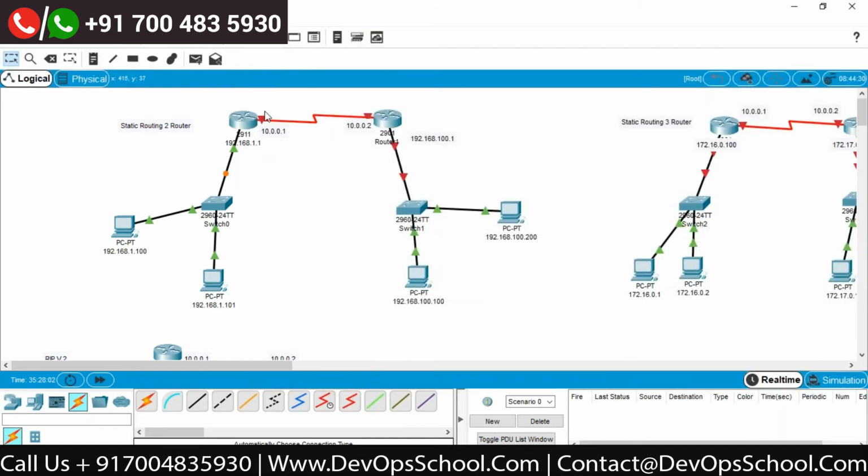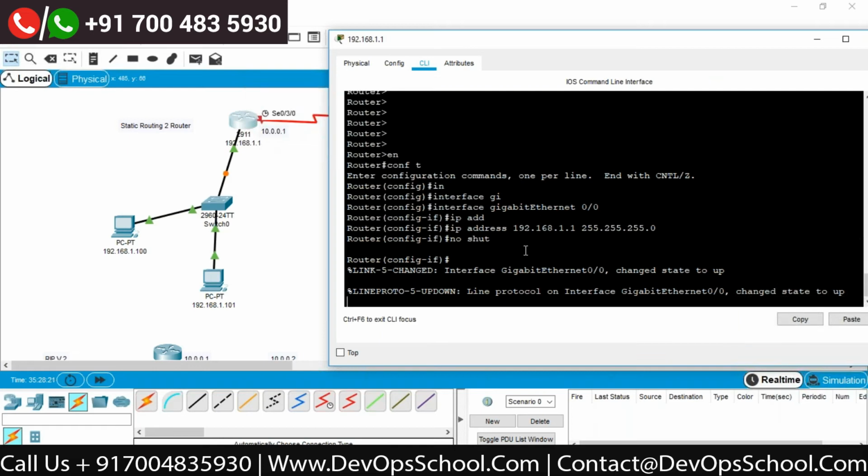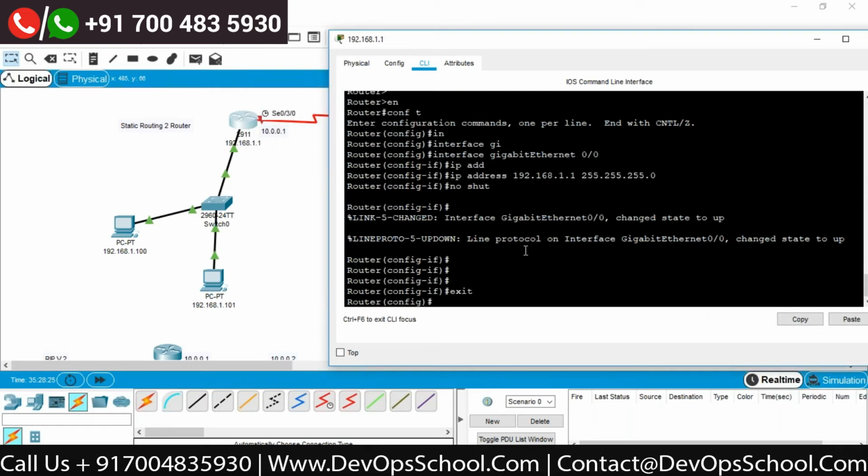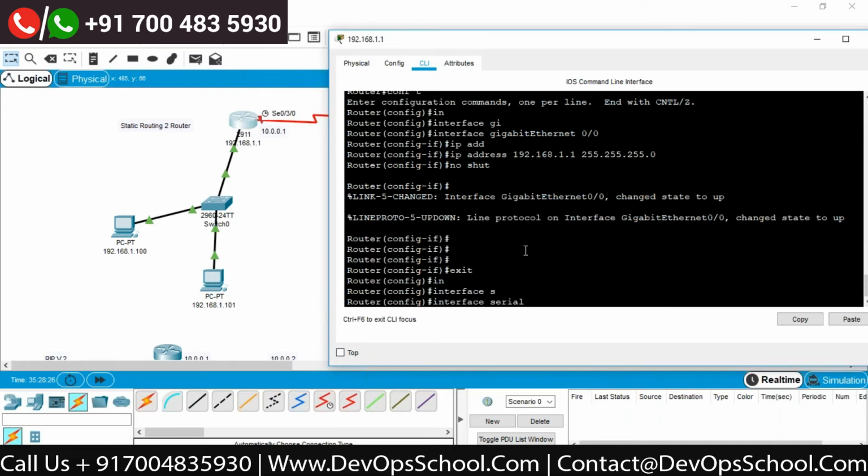Then my serial interface is also there on the router. The serial 0/3/0 is also connected to this router. And for this serial interface, we would like to give the IP address 10.0.0.1, which is a class A IP address. So I will go to this router, exit out of it, and say interface serial